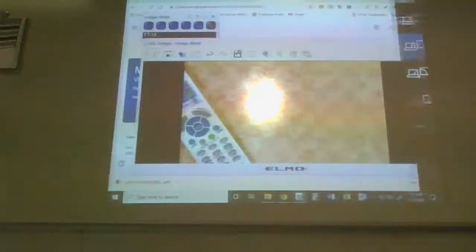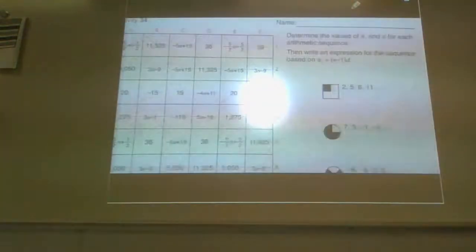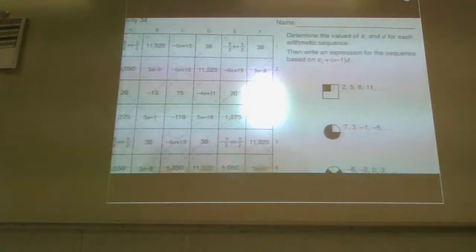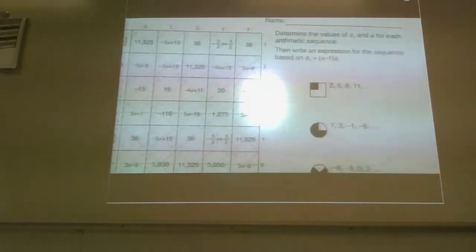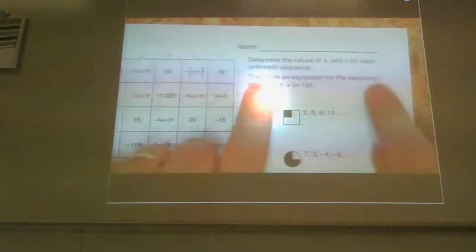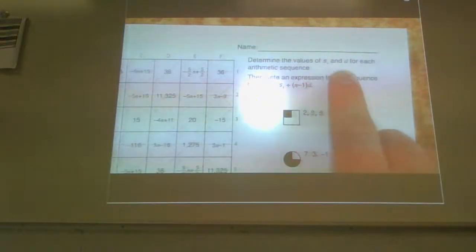I will have that Google Classroom assignment for you when the time is appropriate. But I want to show you how this thing actually rolls. Here we go. This worksheet, this PDF that is available to you in the Google Classroom, goes through a series of questions. So activity 34 is unto itself. It asks you in the first little portion up here to determine the values of S sub 1 and D.